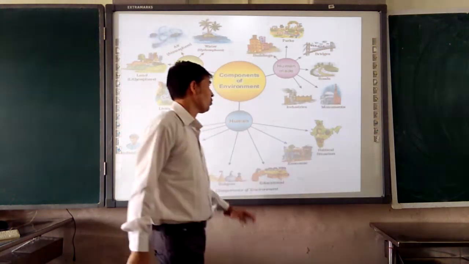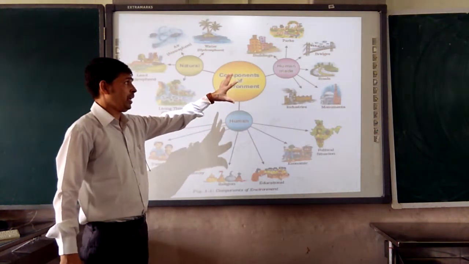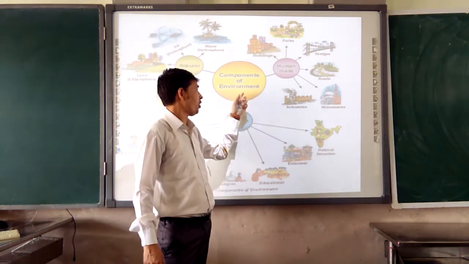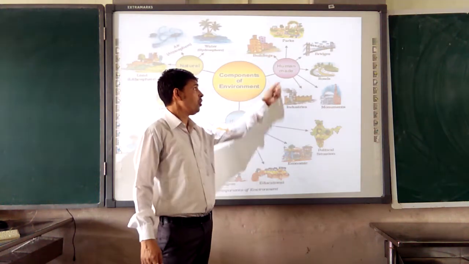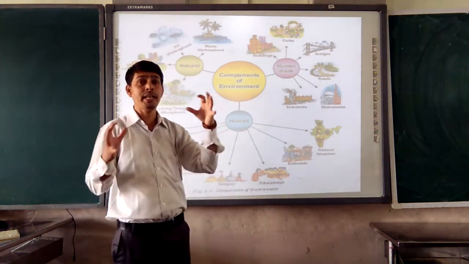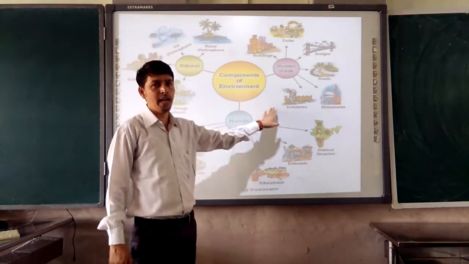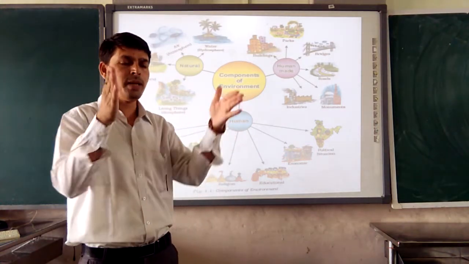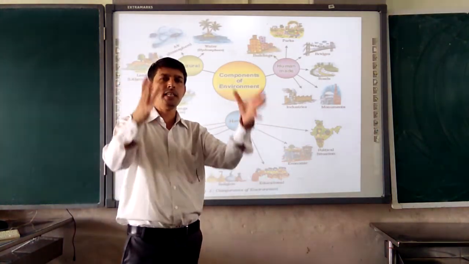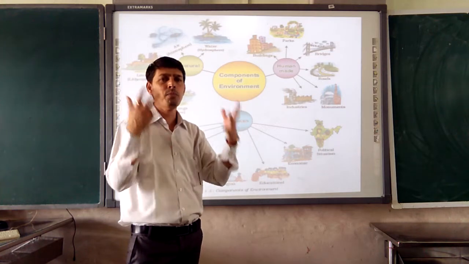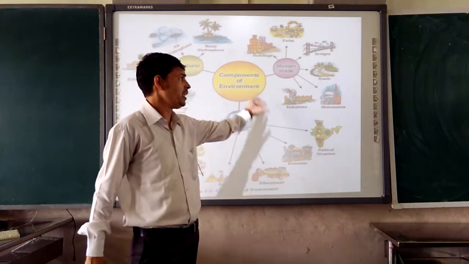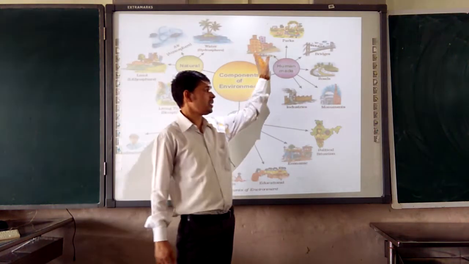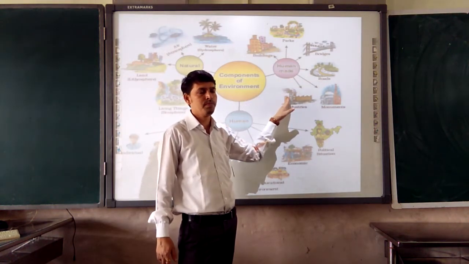Moving further to talk about the human-made environment. How is the human-made one of the components of environment? Human beings, according to their need, cleared a patch of land. Earlier there was forest, they cut it down and made a patch of land. They constructed their houses, buildings, monuments, bridges and living areas over there. This is called a human-made environment.